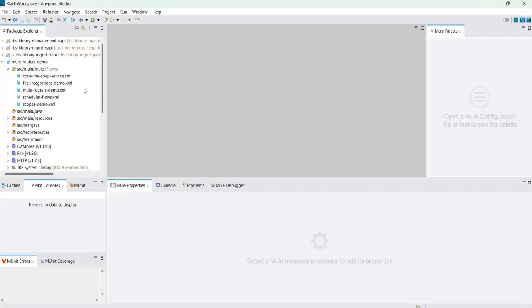Another name for scatter gather is parallel processing or multicasting. Sometimes it is called by different names. So what is the use of scatter gather? If you would like to process multiple logics or multiple flows in parallel instead of sequentially one by one, if you want to cascade the same input data to multiple